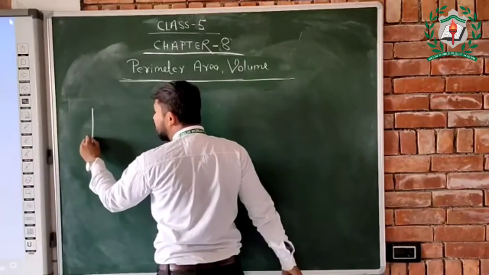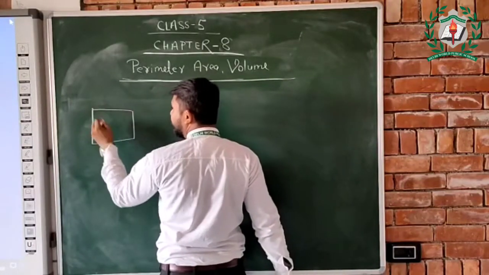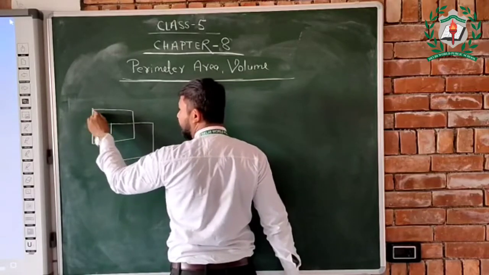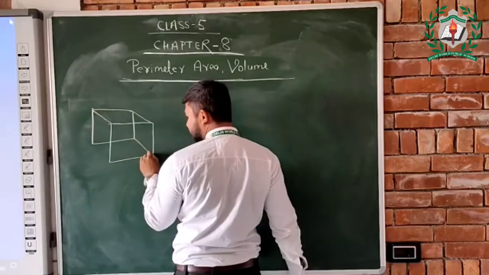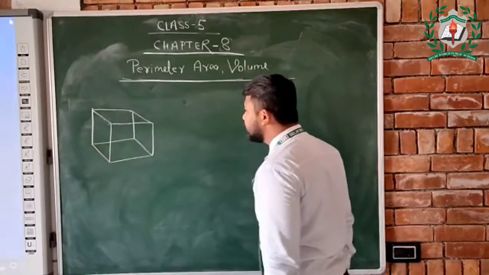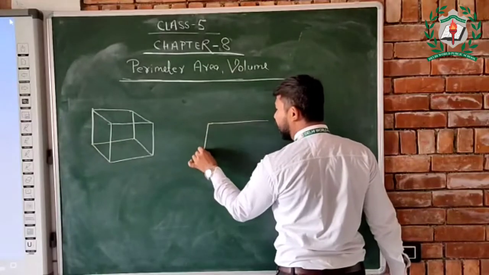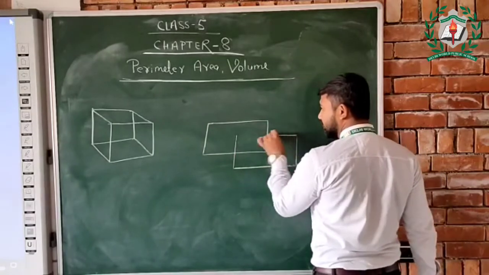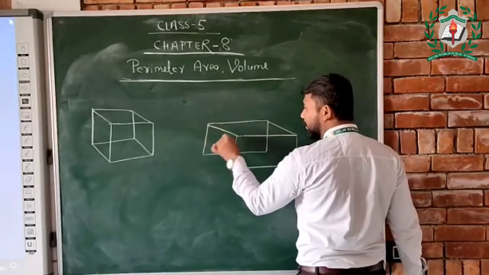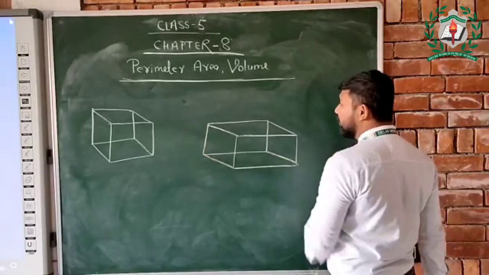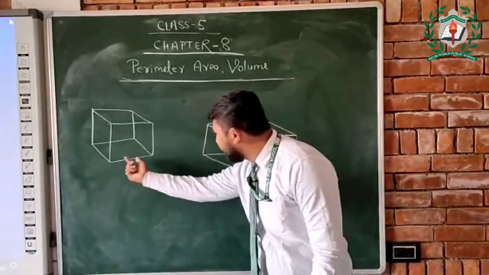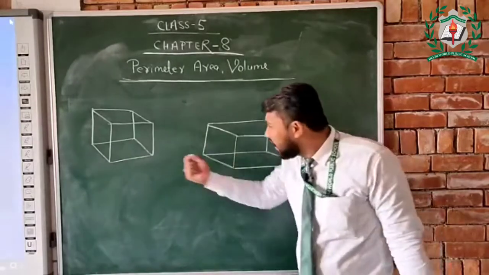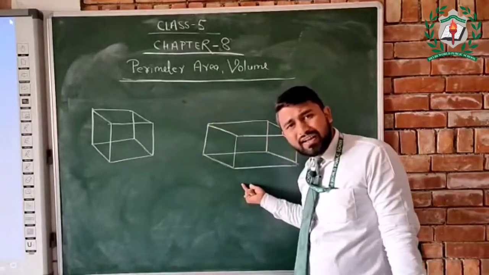So I am going to make a cube. So this is the cube. Join this, and this is the cube. Next one will be the cuboid. So what is the cube and what is the cuboid? Can you see the difference between the cube and cuboid? Are you watching this? Do you think there will be a difference between the cube and cuboid?